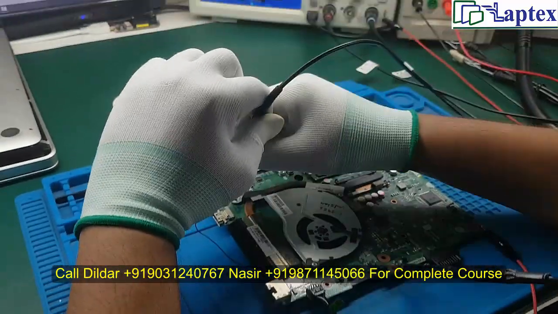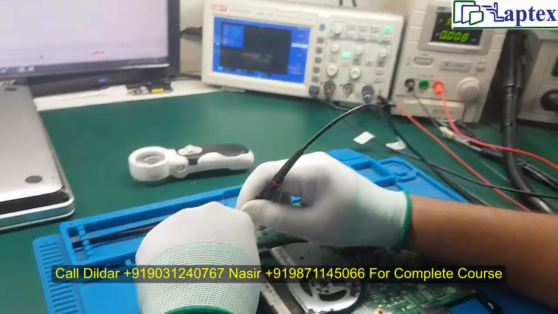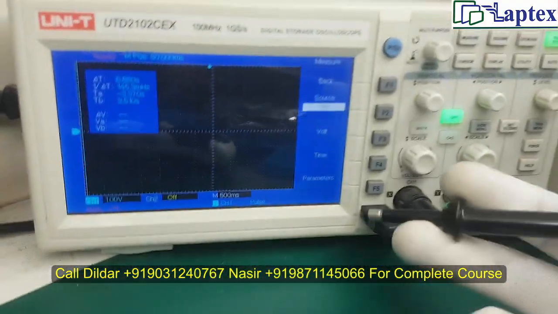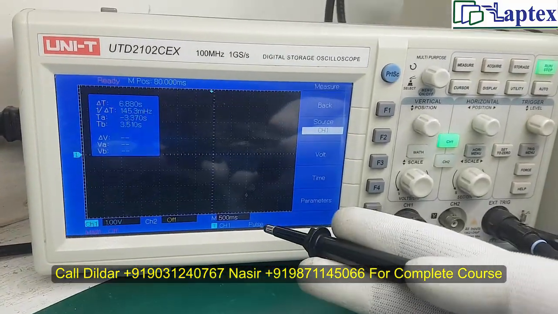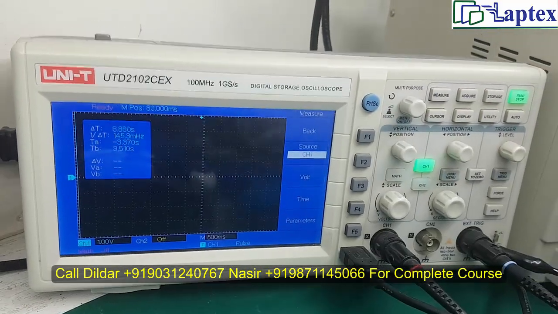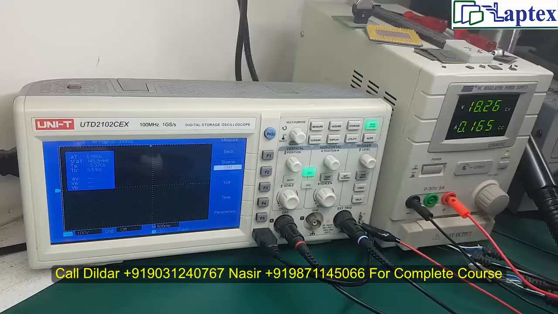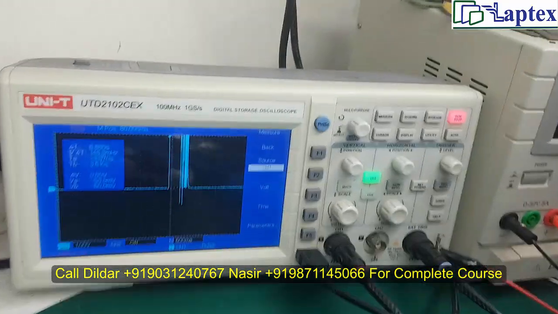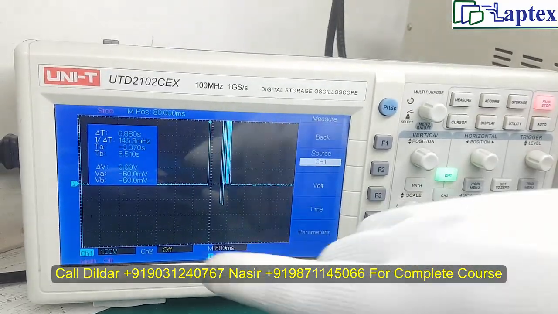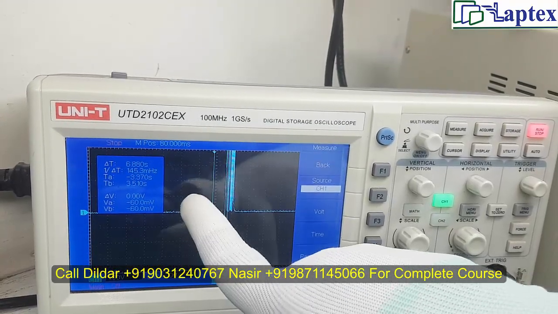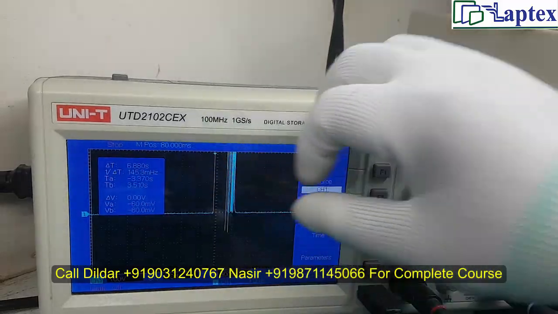Now check the different coil and do the same, and it will give the late display on the screen because I have set it on 500 milliseconds. Now let me check it once again. I have turned it on. Now you can see that it was 5 volt, because as 1 volt division I have set 1, 2, 3, 4, 5 and above.